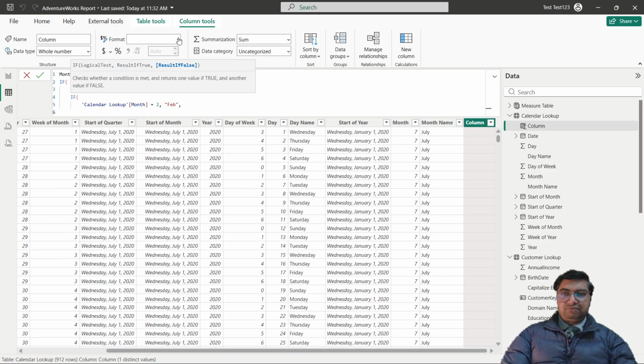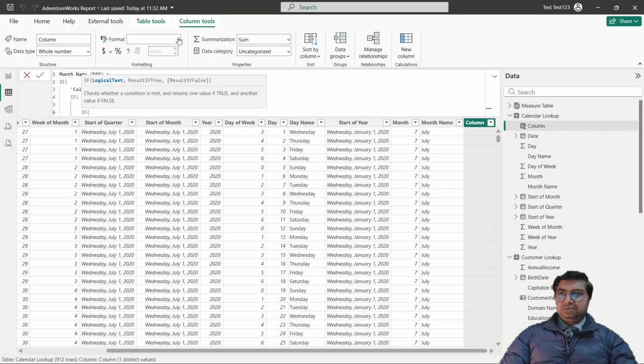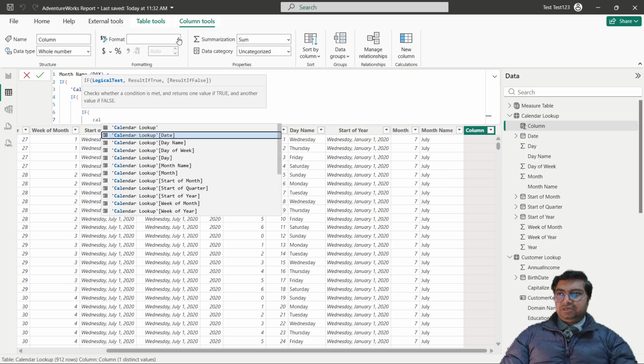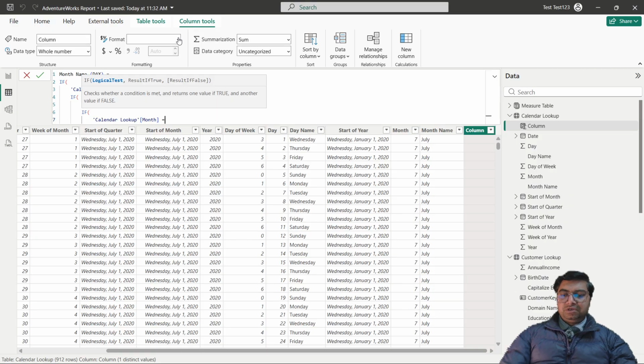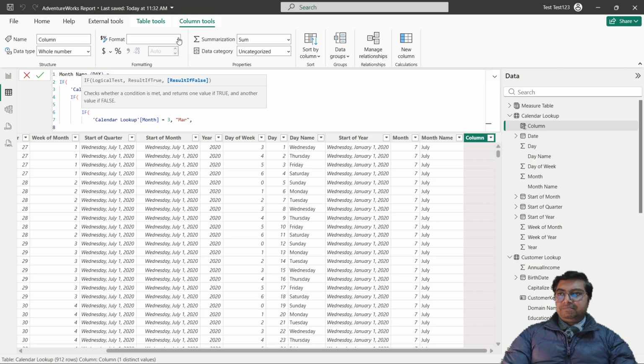If not, we'll give another condition and put again, give the name. Let's suppose 3 is March, and we can give so many conditions. Let's wrap up and give the other. If not matching, give the other,